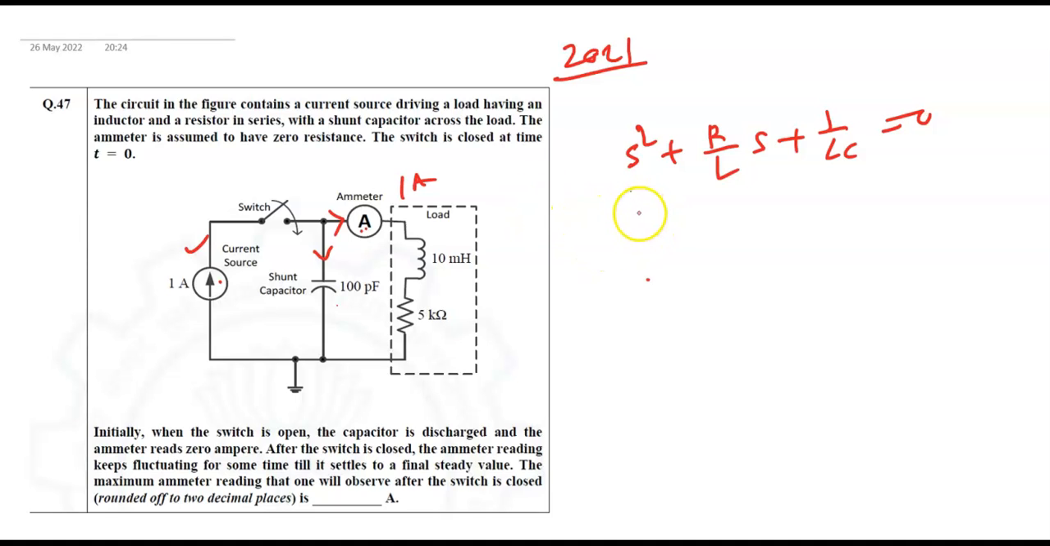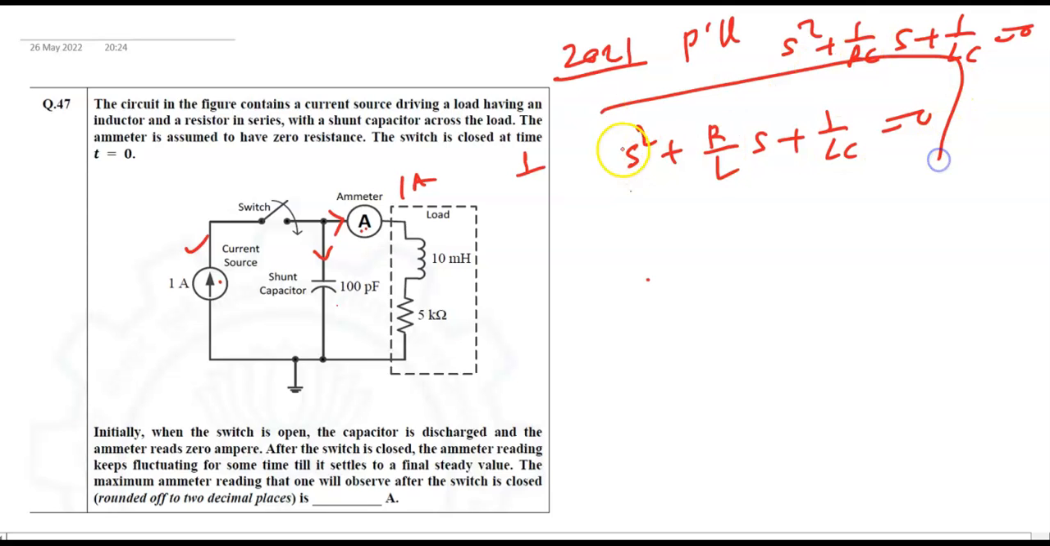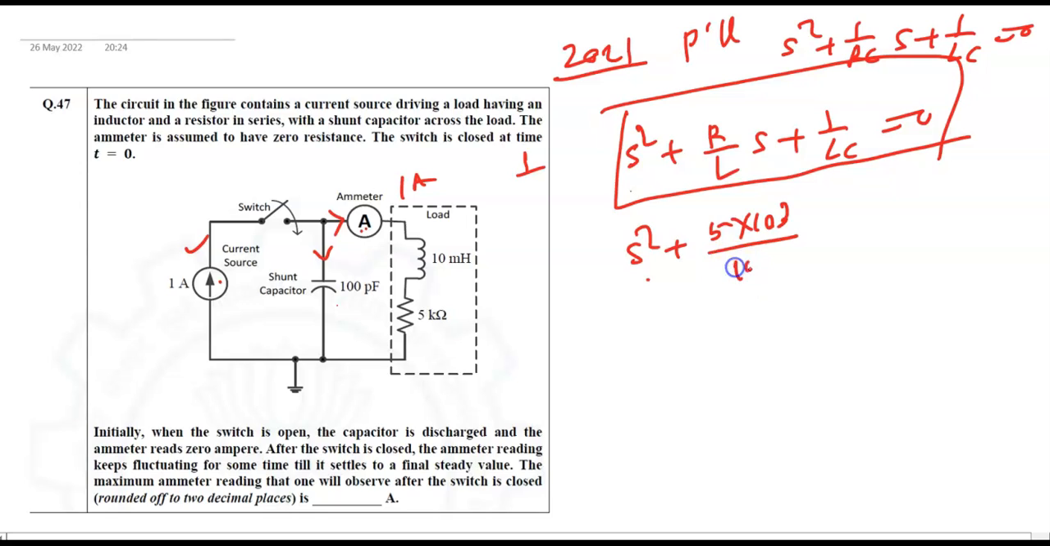For parallel RLC, suppose you reduce the current source to 0 and you see that the circuit becomes a parallel RLC. For parallel RLC, it will be s square plus 1 upon RC s plus 1 upon LC equal to 0. So for the current case this is the characteristic equation. So s square, R is 5 into 10 to the power 3, L is 10 to the power minus 2, s plus 1 upon LC, where L is 10 to the power minus 2 and C is 10 to the power minus 10,